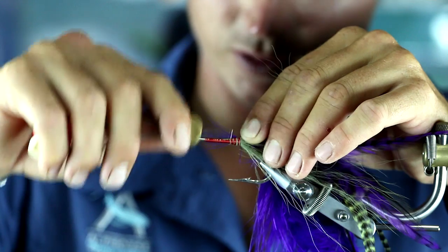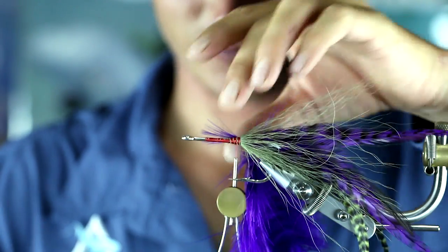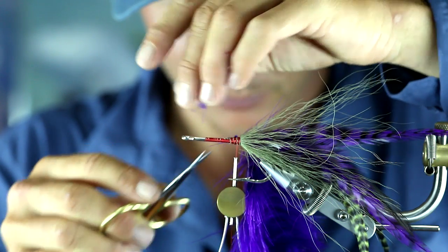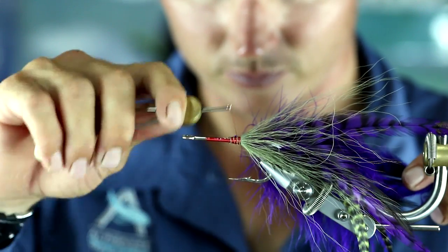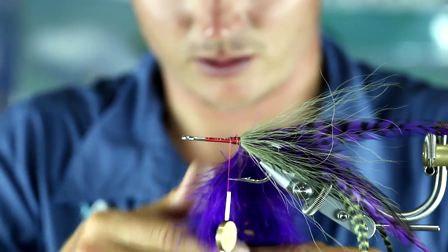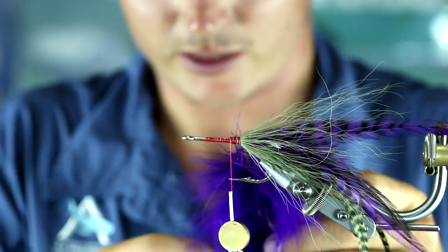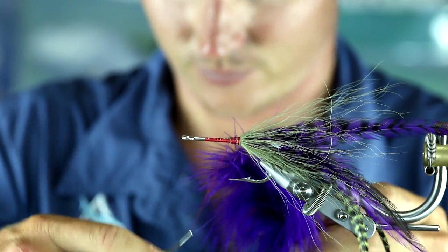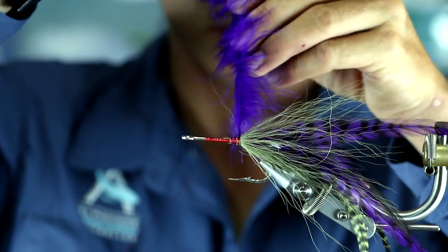I'll just tie it in from the tip there. Just the tip. Wrap it a little bit forward, give yourself some room, get that fiber all splayed out. Just keep that there for a second. And then